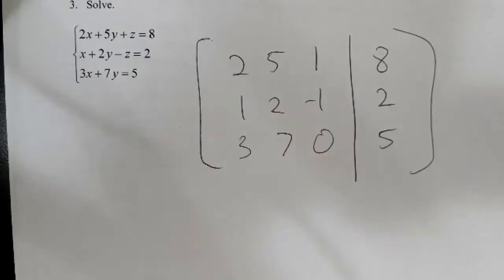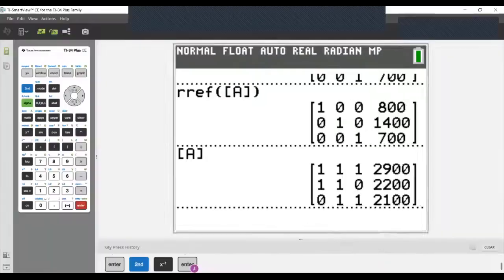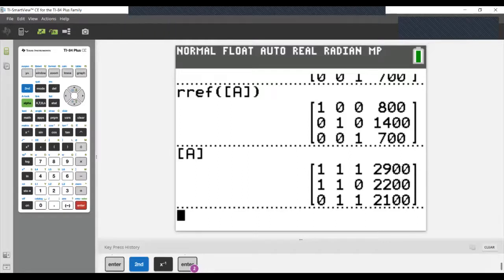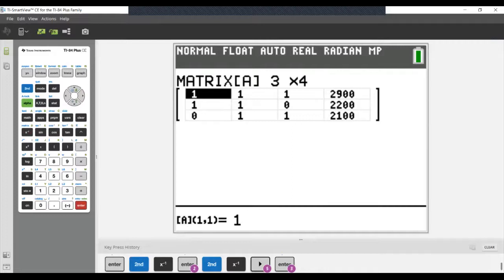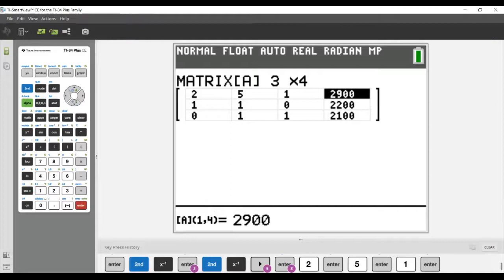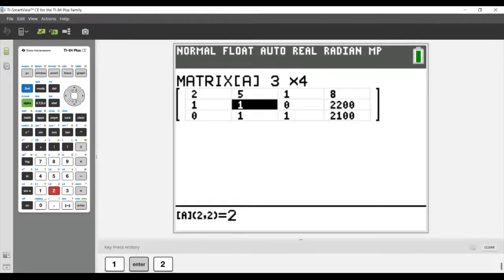The next thing that I want to see if you're doing this, let's do screen share. Smart view, let's do this. Well, let's do it right quick and I'll go back to that page. So let's go plug it into the calculator. I'm still doing a 3 by 4 matrix, so 2, 5, 1, 8. 1, 2,